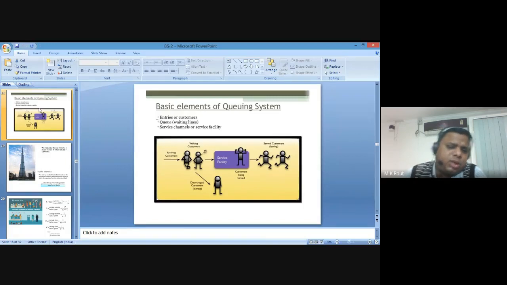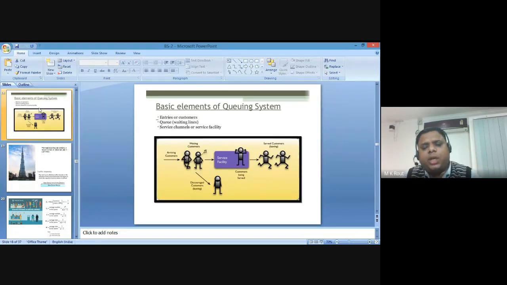But apart from those cash deposit and withdrawal, there are other departments correlated with that system. There is a loan section, an old age section, green channels. Next is the finance department and the accounts department. But how do they manage? Because they initially go for a population study. After getting the population study, they have to arrange a number of service facilities in the form of service channels. They already know that this particular area contains 1,000 customers.